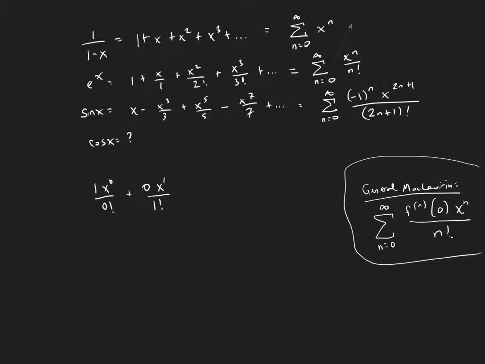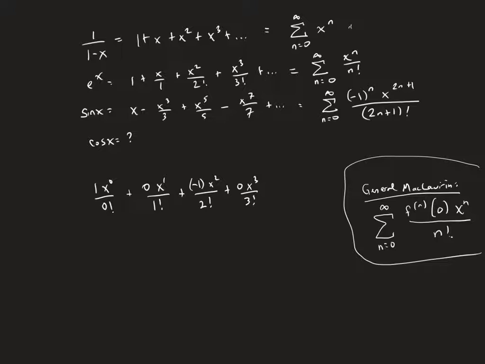Then I want to go to n equals 2. So I want the second derivative of cosine, which is actually negative cosine. So when I plug 0 into that, that gives me negative 1. And then this is x squared over 2 factorial. Going down to the next derivative, which would be the third derivative. The third derivative of cosine, I believe, is back at positive sine, and sine of 0 is 0. So then we have this. And then the pattern of the derivatives of